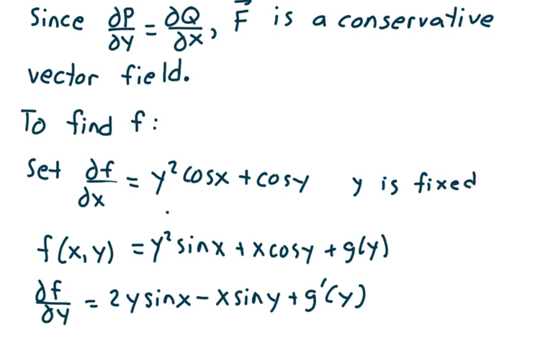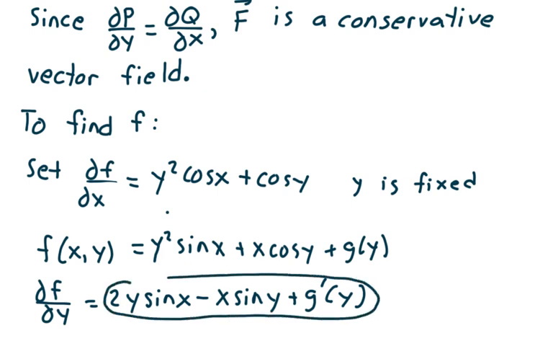And so f of xy is equal to y squared sine of x plus x cosine of y plus g of y. Now, what we're going to do from here is find the partial of f with respect to y. And that's equal to 2y sine of x minus x sine of y plus g prime of y. And so we're going to set this piece equal to the second component of the vector field, because ultimately we want to get a handle on g of y,